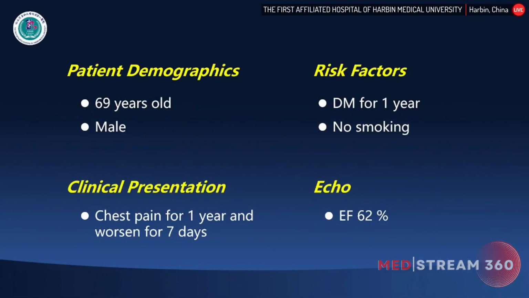First, I would like to introduce the patient. He's a 69-year-old male, and his chief complaint is paroxysmal chest pain for 1 year and worsened for 7 days. The main risk factor for him is diabetes. He is a non-smoker. His echo showed an ejection fraction of 62% and with no